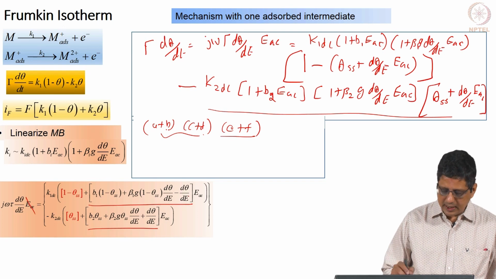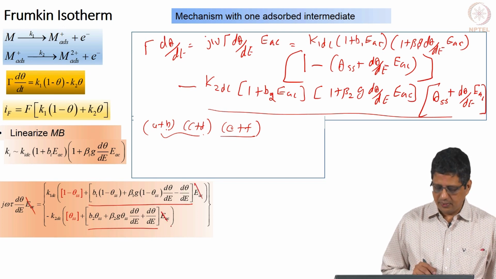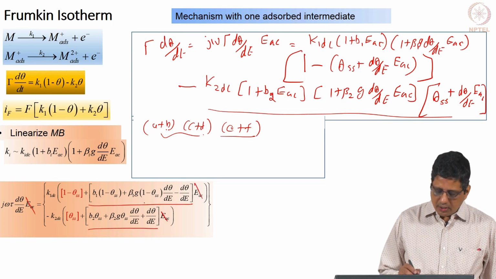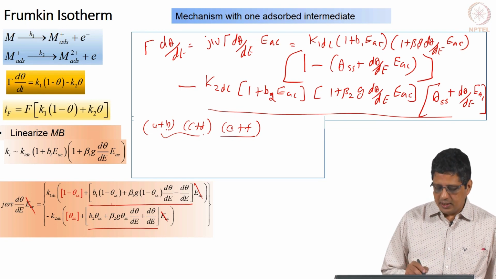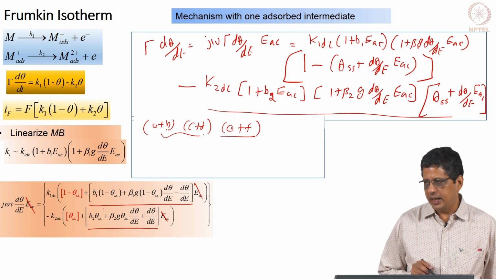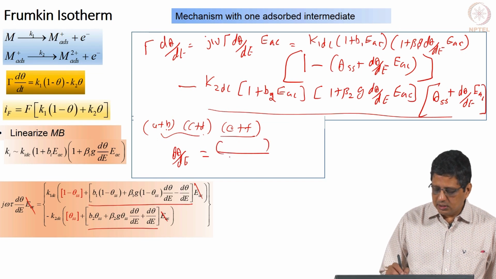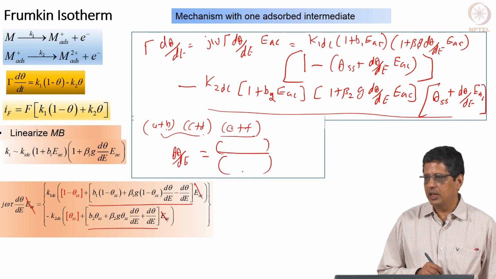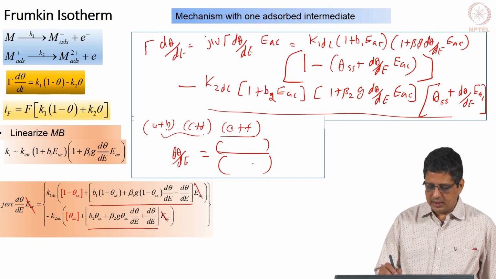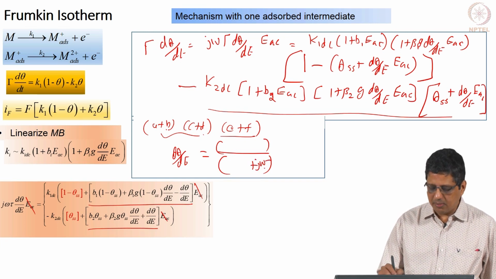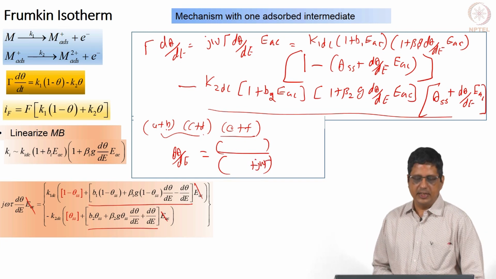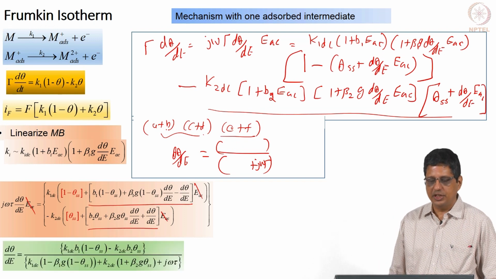So, this term will go away, and the remaining terms are those which are left with EAC. You can cancel out the EACs here, then you can bring d theta by d E terms to the left side, the other terms will remain on the right side, and you can get an expression for d theta by d E equal to something divided by something, and this divided by something will have j omega gamma for sure. So, if necessary, copy these terms and then rearrange it.